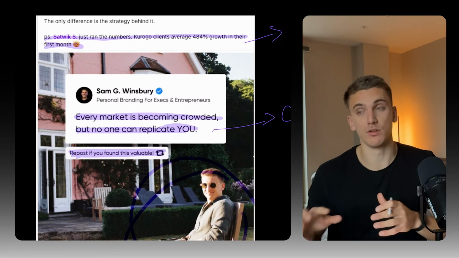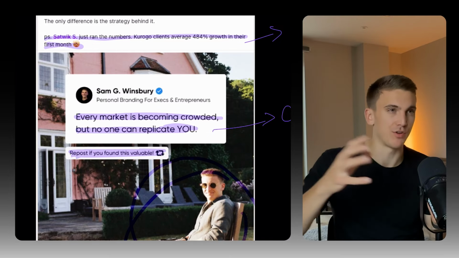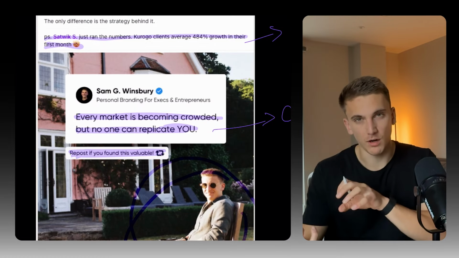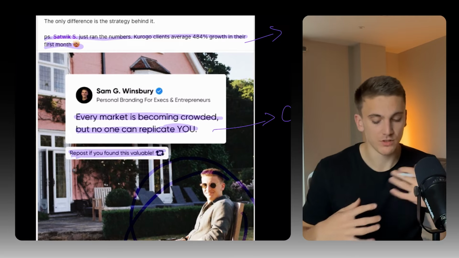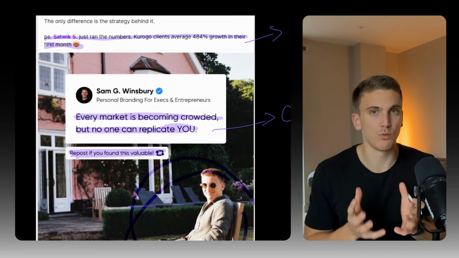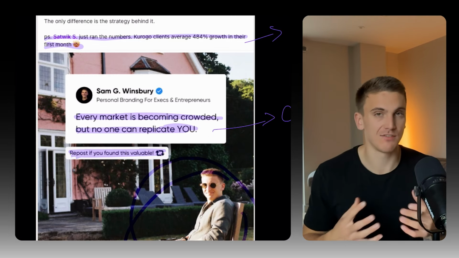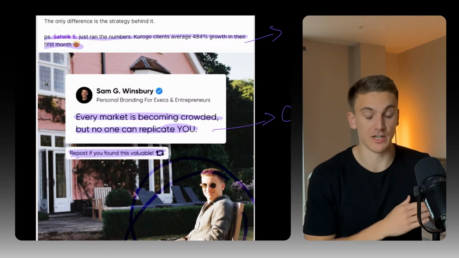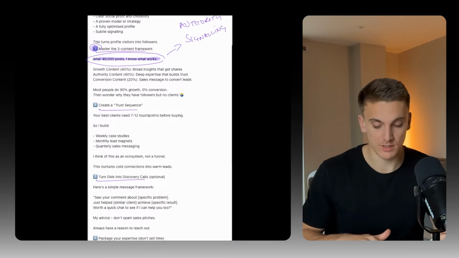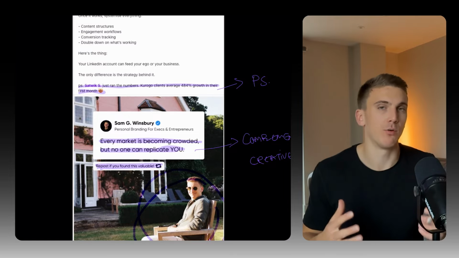What a lot of other people do, if they've actually included creative, is they'll make them so closely tied that maybe they'll share a video that only makes sense if you read the copy. And then you're requiring people to do both. Actually, you want to just allow for people to do one or the other. Some people will do both, sure, but it's a much smaller percentage of people. So using complementary creative massively drives up the number of people that could actually engage in your post. If I didn't have this here, what would happen is a lot of people would see this, maybe not actually be bothered to read it and scroll on. And I've missed out on that opportunity to get engagement.